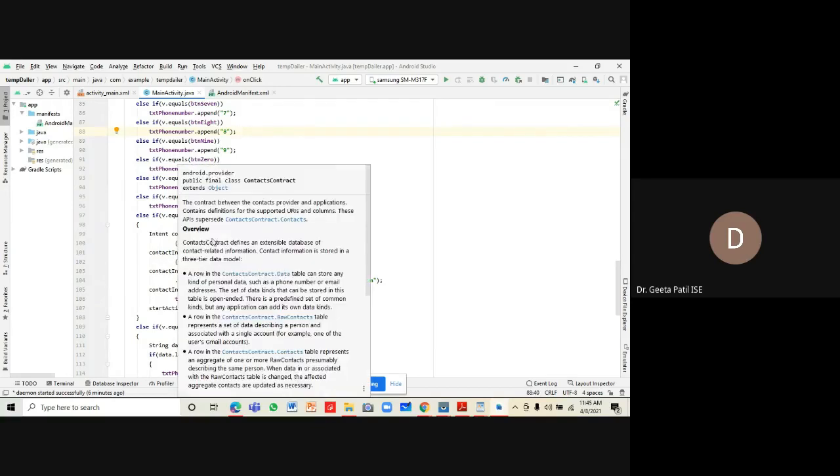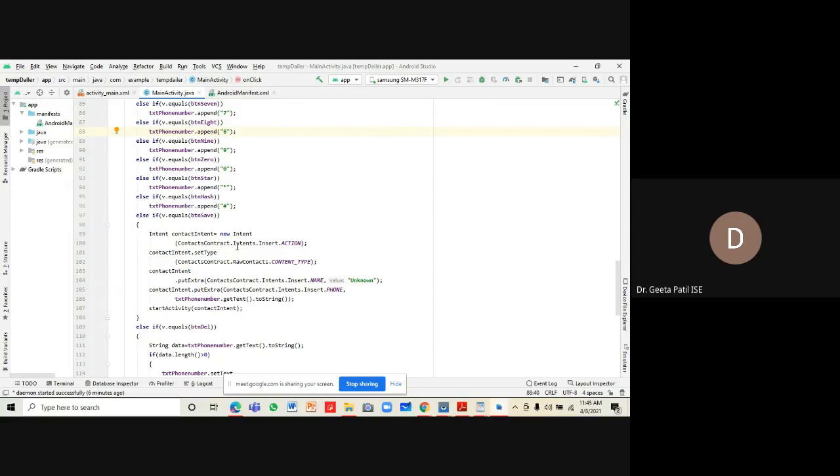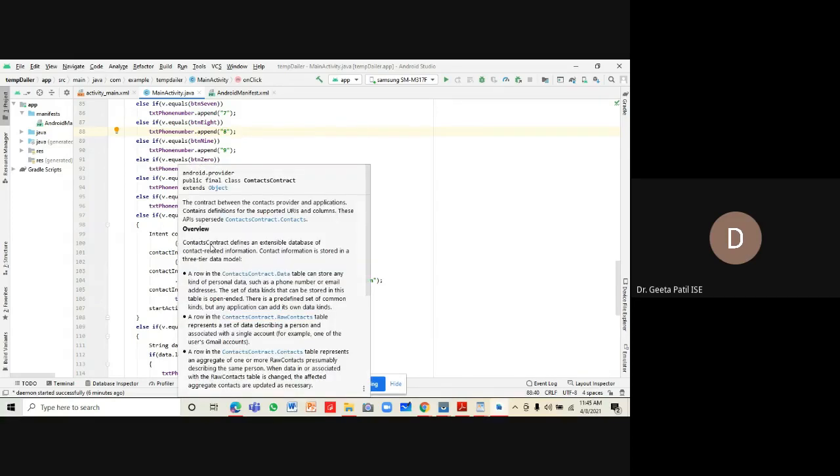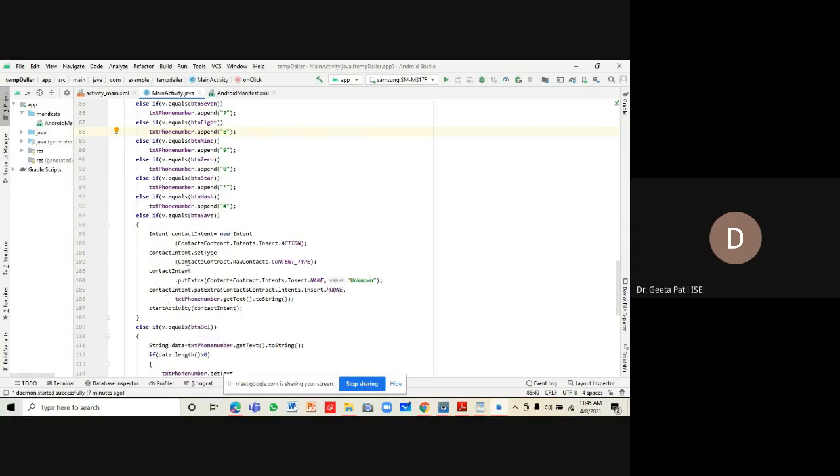When you move your cursor over it, you will get help on it. It is the contract between the content provider and the application. It contains definitions for the supported URIs and columns. Whatever information is required about these APIs is given in the help menu.